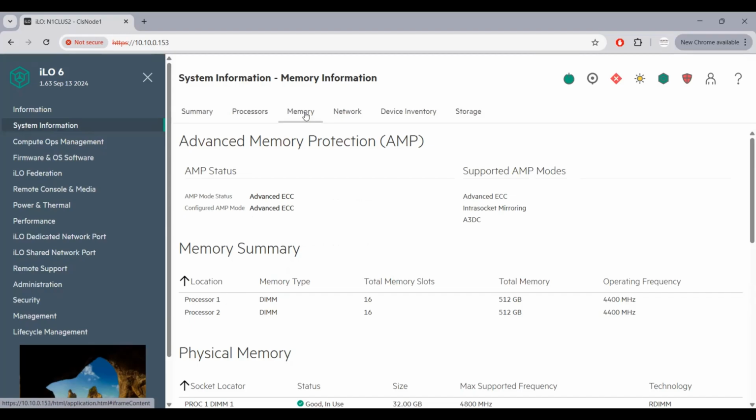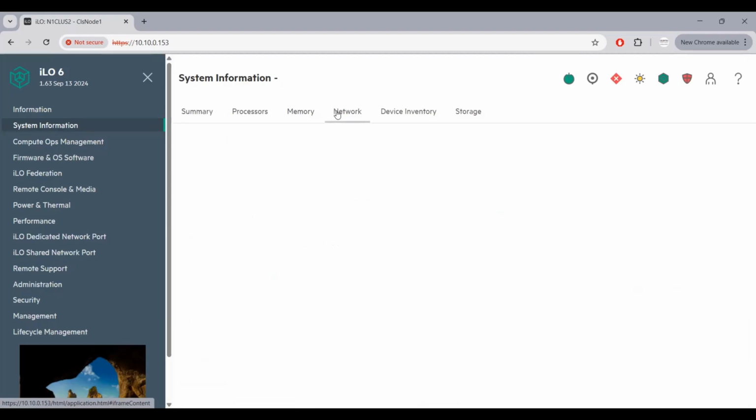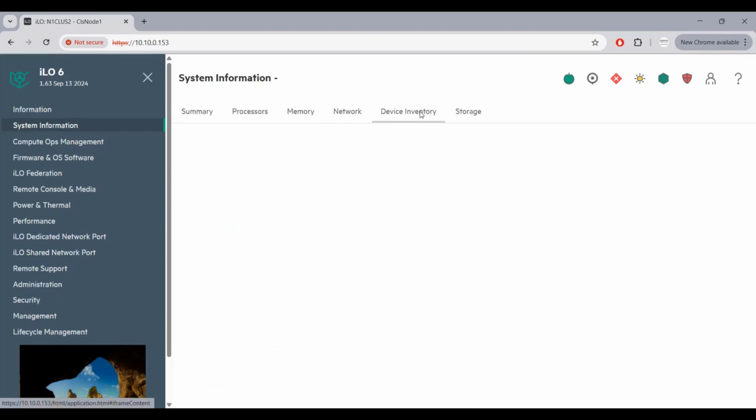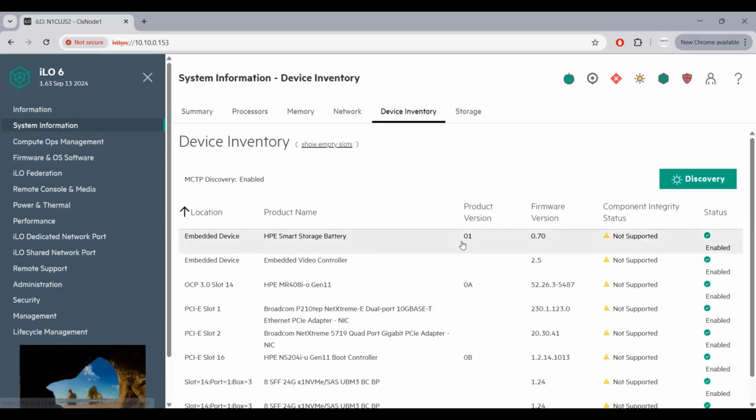In the same manner, if I go through the network options, there are a number of physical interfaces available. By default on this server there are two physical interfaces available, while 4 network adapters are externally connected, just to enhance the performance of this server machine. If I move forward, the device inventory option is available, where I can find all the information regarding the HP components. And at last, the most important component is related to the storage.